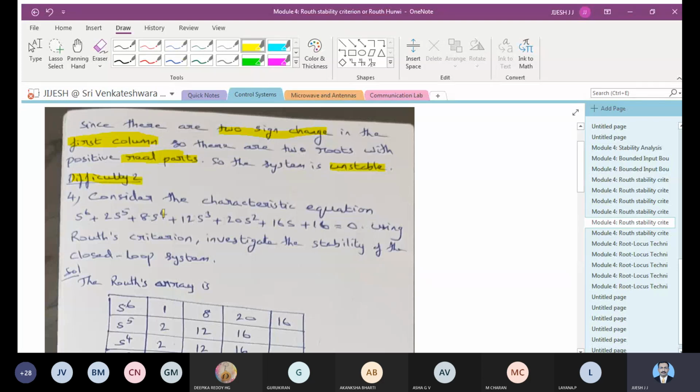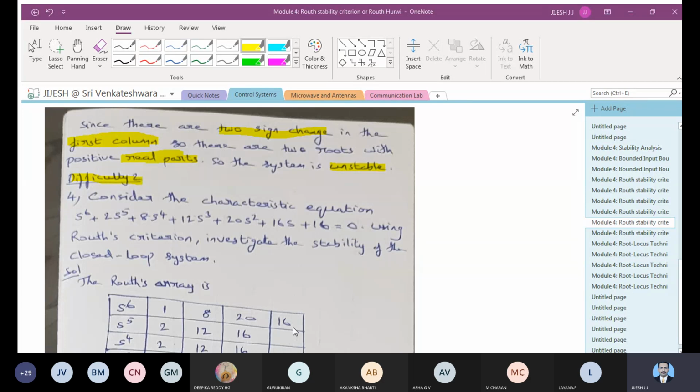But when you keep solving, you see that one of the elements goes to 0 or some entire row goes to 0. Only then can you say that you have to solve it with difficulty 1 or difficulty 2. That is the conclusion you have to come to. In the starting itself, nowhere will it be given in the problem whether it is a difficulty 1 set of problems or a difficulty 2 set of problems.